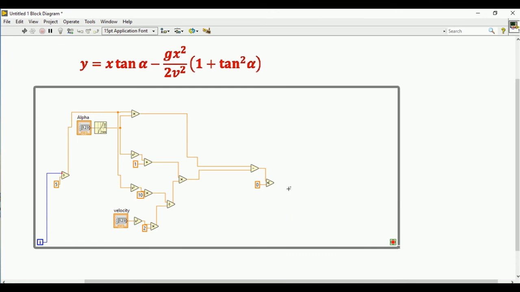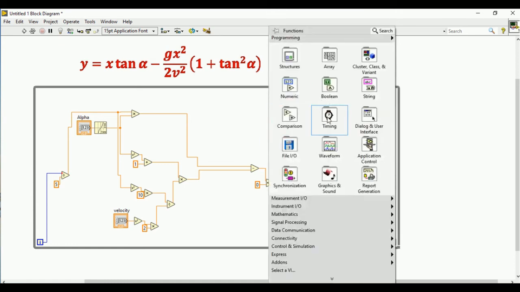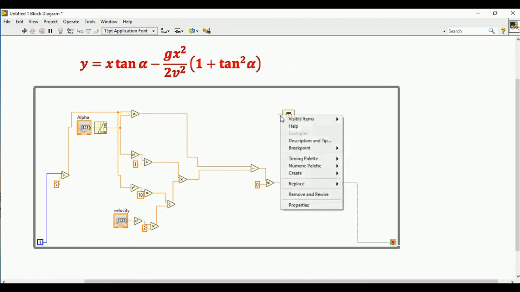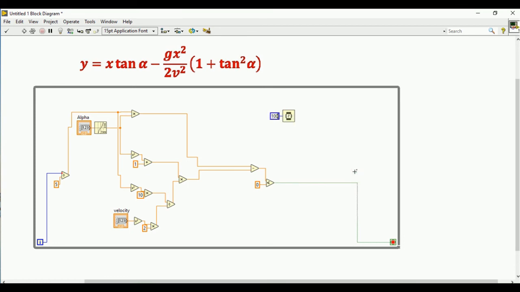Obviously, if the height becomes negative, then there is no sense. Then I am connecting this with the stop button. Okay, and we need to give one timer, that is time delay, to see every data slowly. So I am giving here a 100 millisecond time delay.